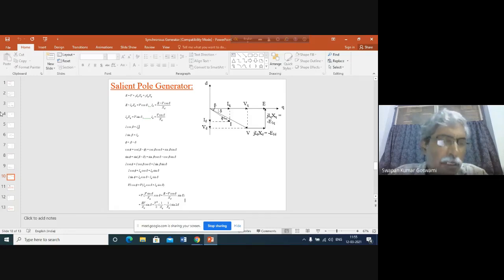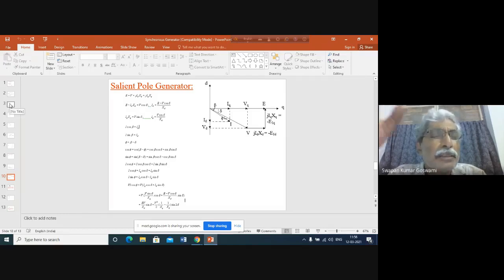Why is it called the synchronizing power coefficient, and why stiffness? Because it is reflecting how much the active power will vary if delta is varied. Have you understood? Am I clear? dP/d delta, if you find for a synchronous machine, say for the cylindrical rotor machine, EV by X sin delta is the active power expression. What is dP/d delta? It is EV by X cosine delta. What this implies is EV by X cosine delta means dP/d delta.